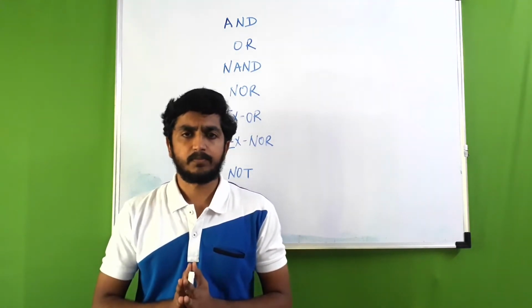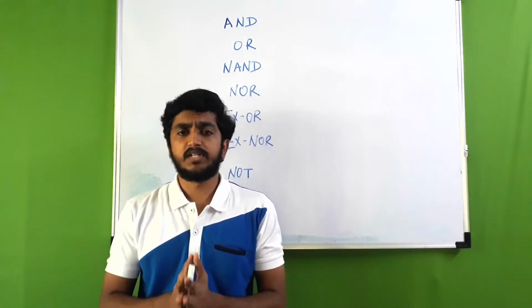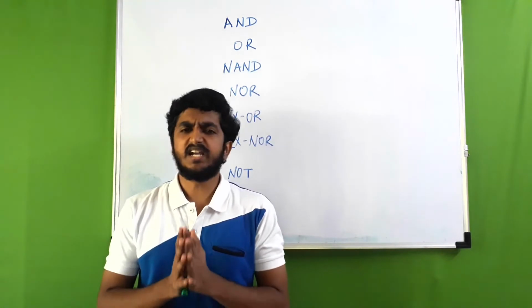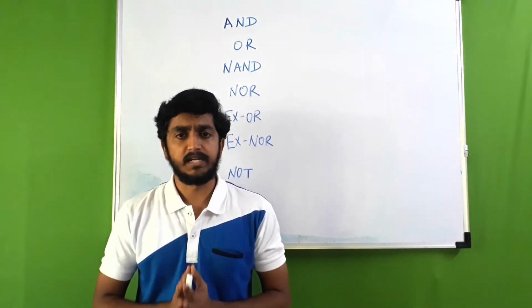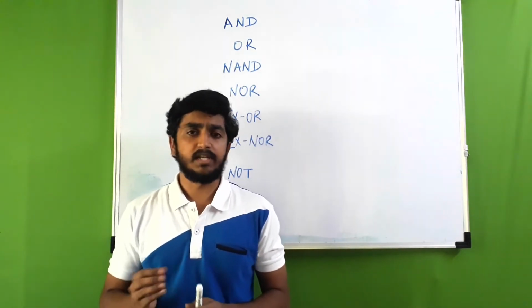Till now we have seen 7 basic gates: AND, OR, NAND, NOR, XOR, XNOR and a simple NOT gate. Using these 7 gates we can have a lot of combinations of digital circuits. To go ahead with digital circuits, it is really important that we know the Boolean expressions of these particular gates. So let's try to understand the 7 gates with their Boolean equations.